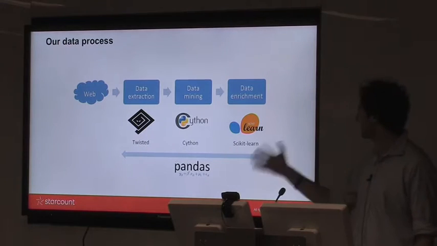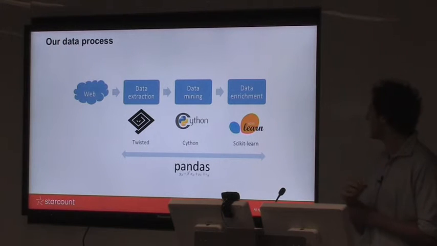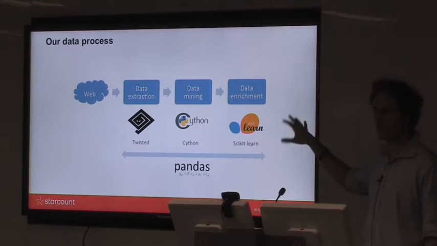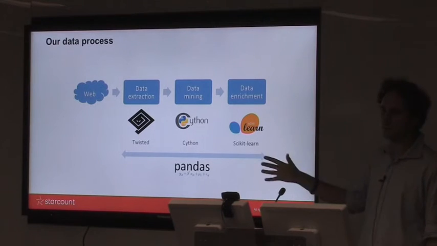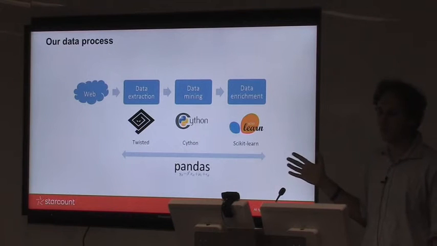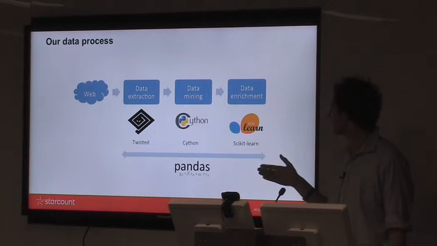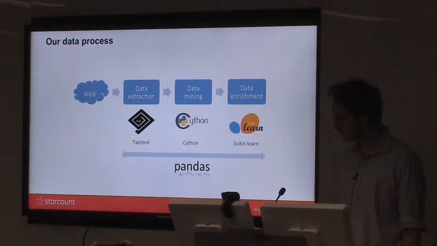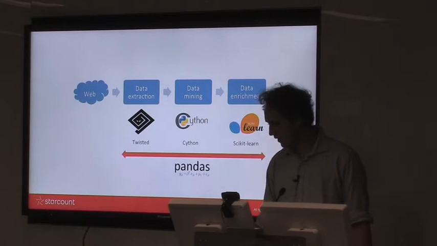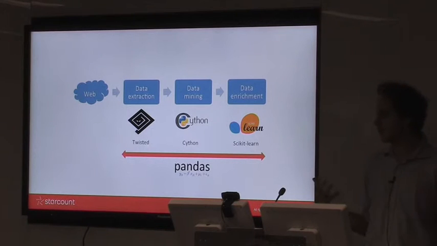So this is the data process that I'm basically just going to go through today. You start off in the web, and we download data, and then we do various things to it. I'm just going to highlight four Python packages that we use along the way: Pandas, Twisted, Cython, and Scikit-learn. I'm going to start off with Pandas, which is really the glue that keeps our